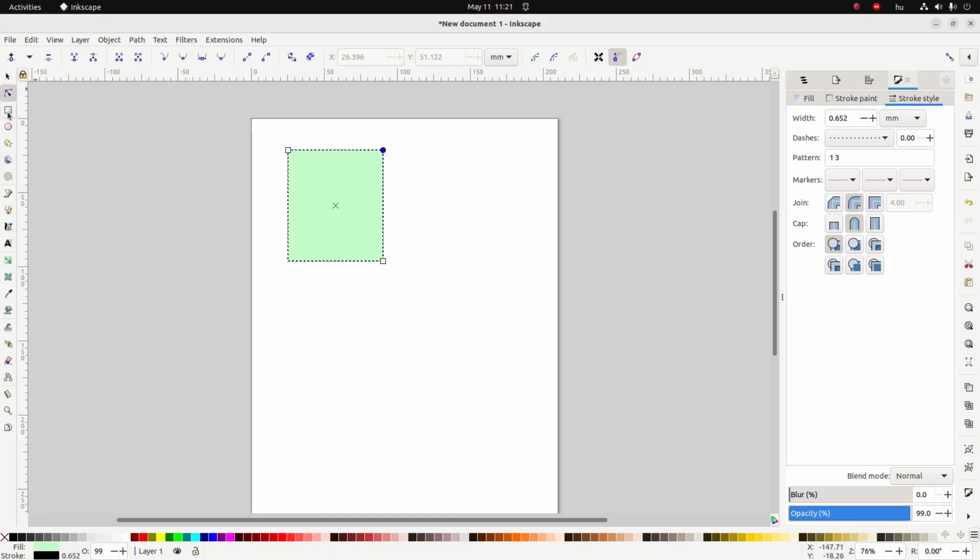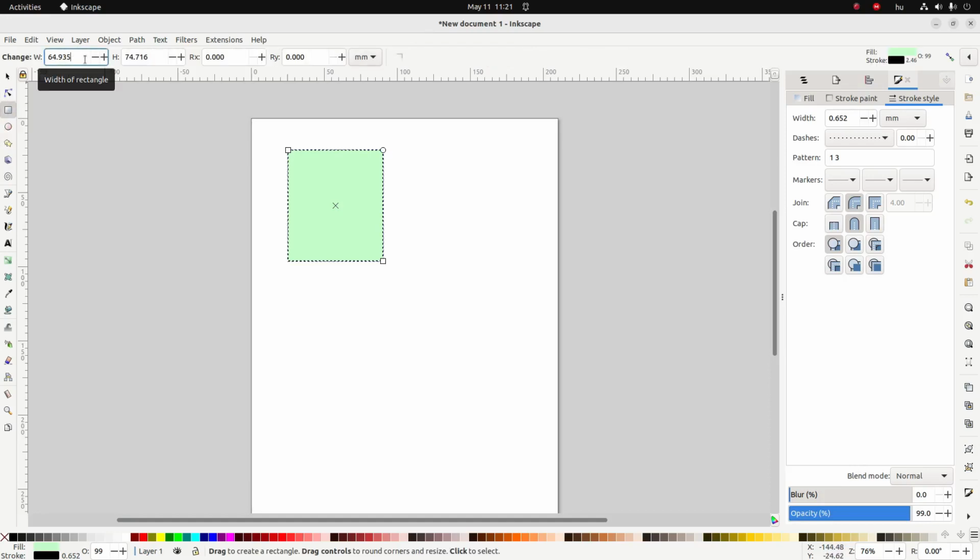If we go back to the rectangle tool, we see up here that we can change the width and the height. We can type it in precisely. Right now we're in millimeters, but we can change to pixels as well, or centimeters or inches, or whatever you prefer. I'm going to go back to millimeters, and we're going to make